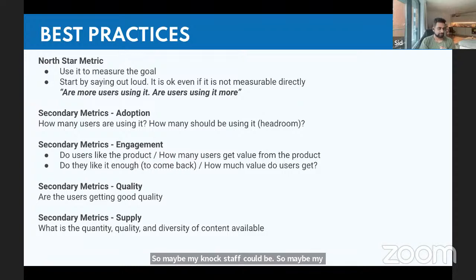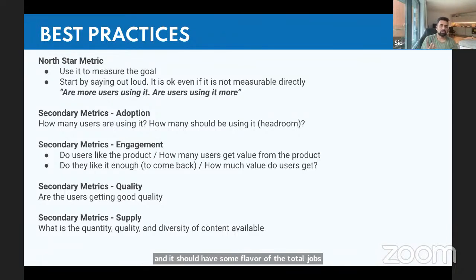Let's say I am a platform that helps people find jobs. So not necessarily LinkedIn, because LinkedIn also has a lot of social media, but let's say an IIMjobs or a Naukri.com. And the goal for Naukri.com is to help people get more jobs, right? Now, the problem here is that getting a job, the entire process, is not in Naukri's control, right? They can only connect you with the right person. But your North Star should somehow be measuring the goal, and it should have some flavor of the total jobs created through the platform.